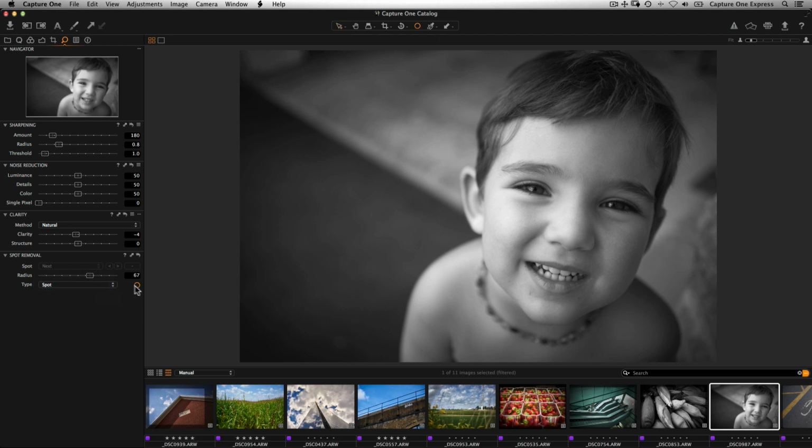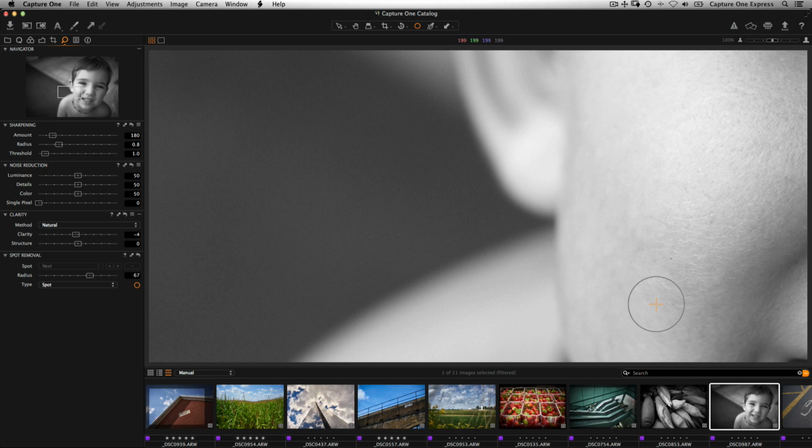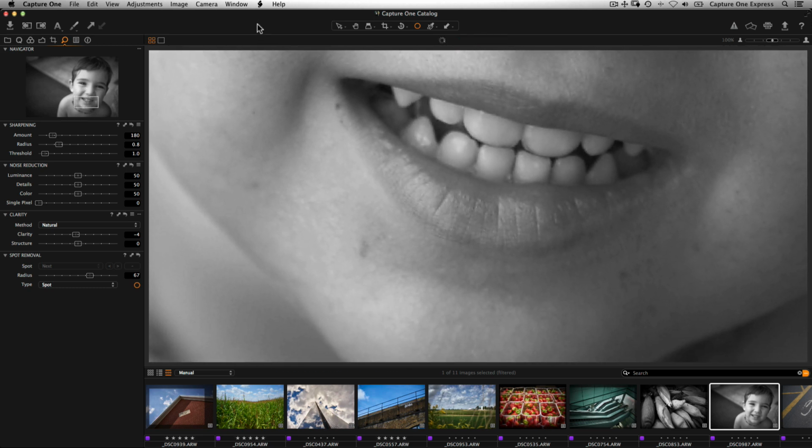Select the Remove Spot Cursor tool from the Spot Removal tool or from the cursor toolbar. Zoom the viewer to 100% for the best view of the spots that need correcting. Right-click on the image and adjust the radius size of the spot removal cursor. Aim to set the radius a little larger than the spot itself. Click on the spot to remove it. If necessary, adjust the radius of the spot after it has been placed.